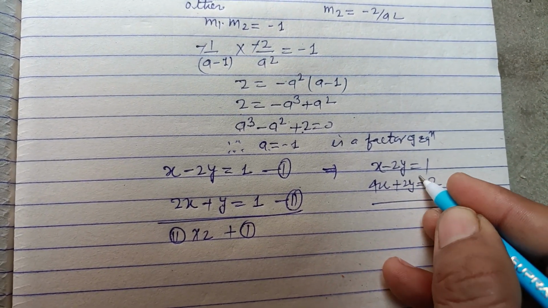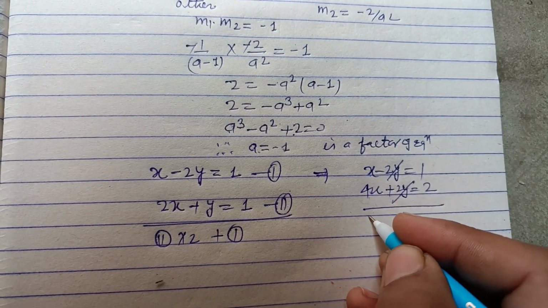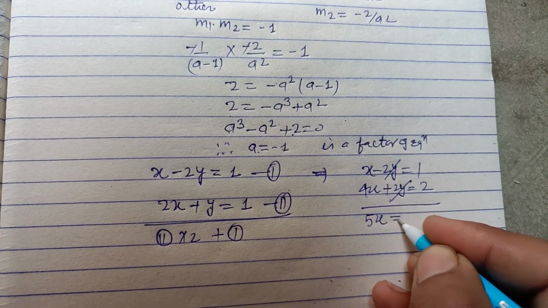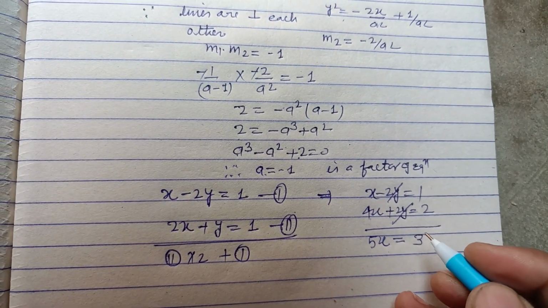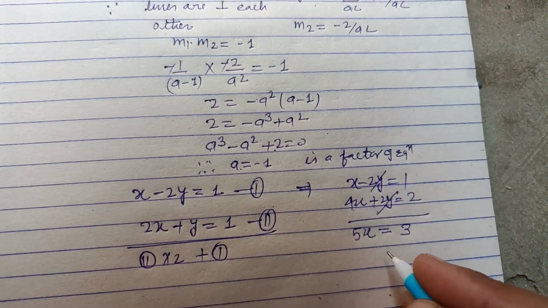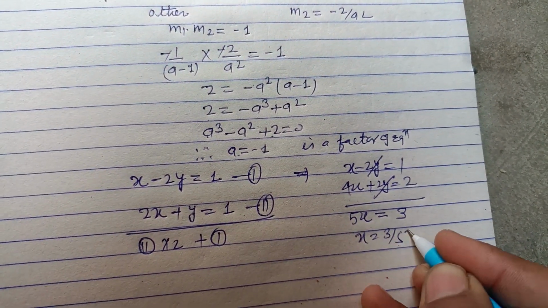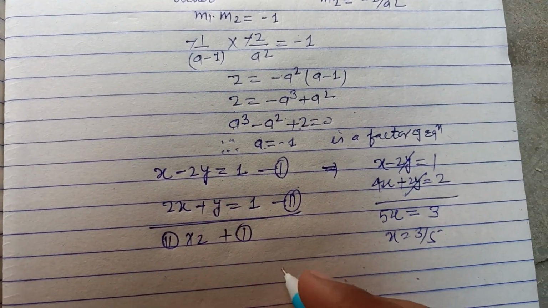So on adding, the 2y cancels, x + 4x, this becomes 5x = 3. So x = 3/5, and y from here,